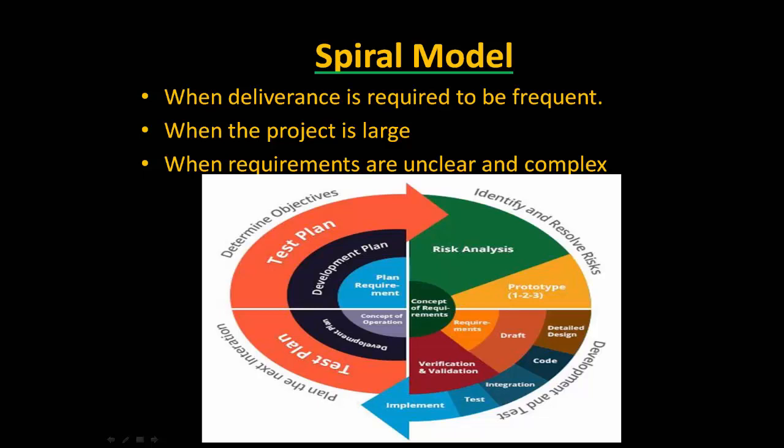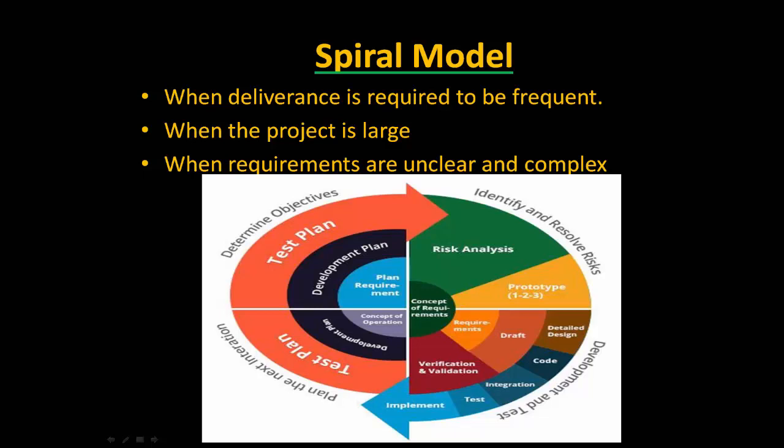So sometimes the client will keep on adding things. At that time, the spiral model is suitable whenever the project is large. So at that time, they will go for the test plan. And here also we have phases like detailed design and requirement phase, verification and validation phase, code integration, test and implement phase. In testing they will have a separate test plan and development plan